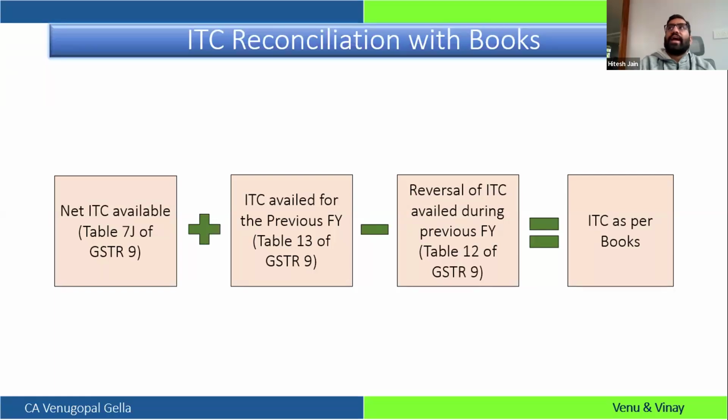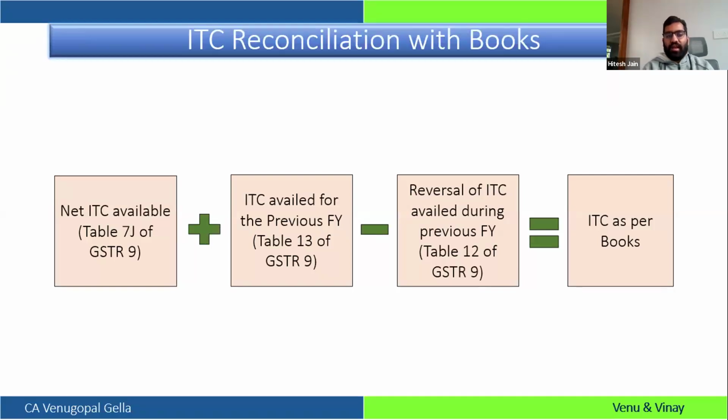How do we reconcile the ITC which we are reporting in GSTR 9 with the ITC which will be there in our books of accounts for the relevant financial year? Whatever net ITC I have reported in table 7J of GSTR 9, after including all my availments and after deducting all my reversals, whatever net I have availed in my GSTR 9,